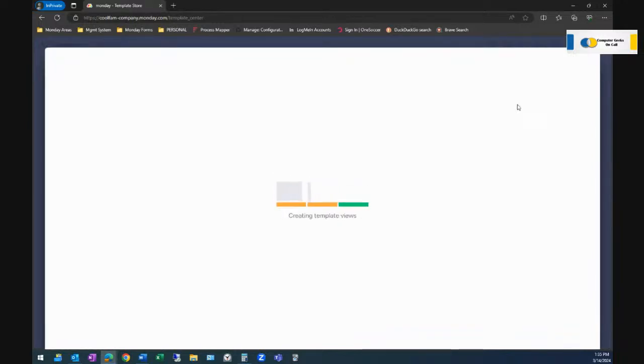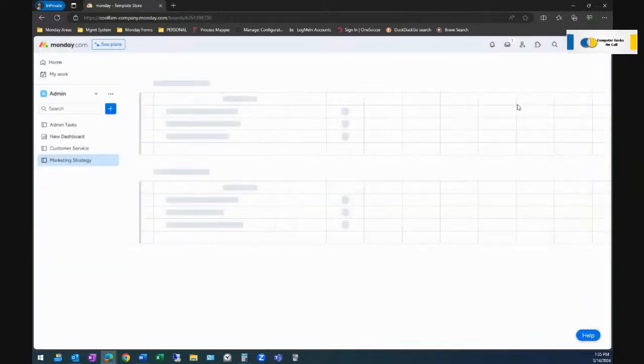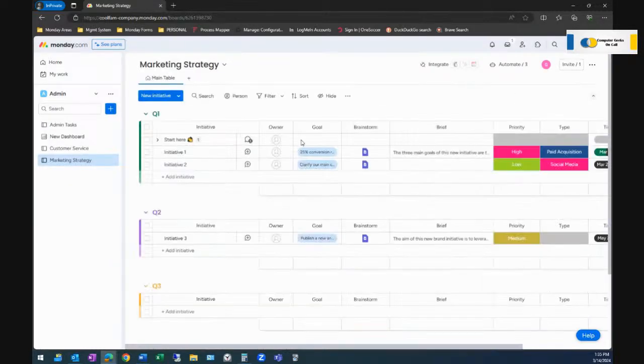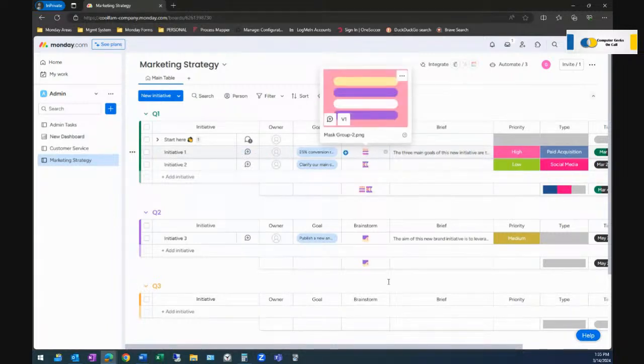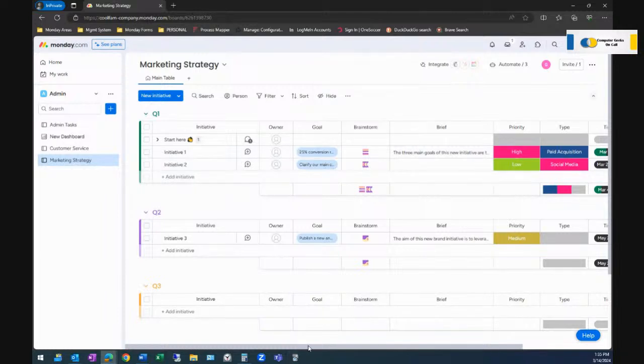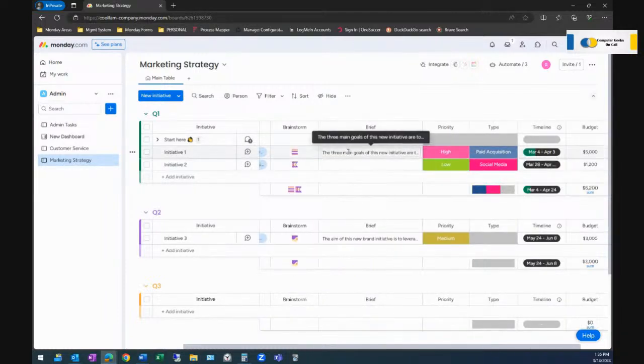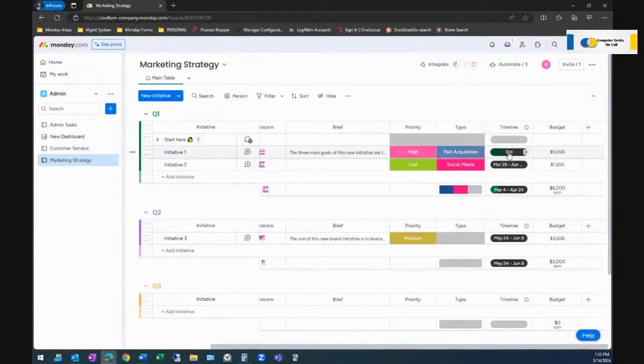is to set up. And if you're always using the same kind of method in Monday with the assigned person and the due date, it all just flows together. So we can see, we have initiative 1, we have an owner, we have a goal. Okay, so we have the brainstorm column, and we have the brief, 3 main goals of this, priority, and the type of task. And then we have a timeline. You see, it's not a due date, but it's a timeline. We have budget, and Monday works with numbers as well. So all of this feeds in to make it a quick start if you have something that matches a potential